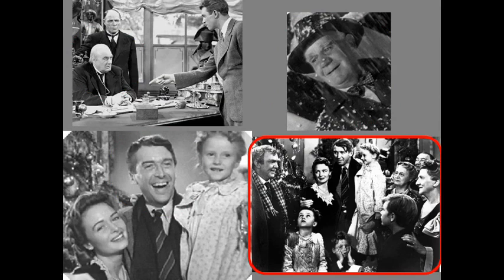Now let's take a look at another movie. And you may recognize the scenes here. It's from the 1951 production of A Christmas Carol by Charles Dickens. Alastair Sim is the very memorable Scrooge in this movie. And in the first scene, which you'll see in this highlighted slide, here's Scrooge at the beginning of the movie